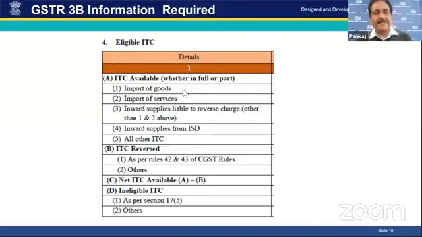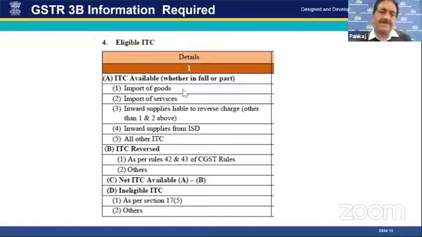And the net ITC available is the difference of the total ITC available minus the ITC which is liable to be reversed by the taxpayer. So it is computed like that, and after that comes the ineligible ITC as per Section 17(5).